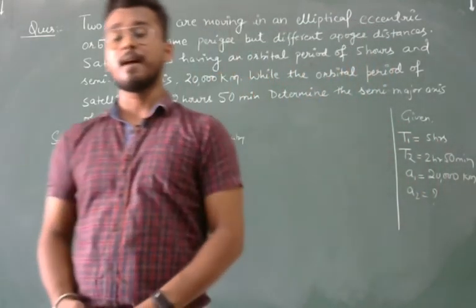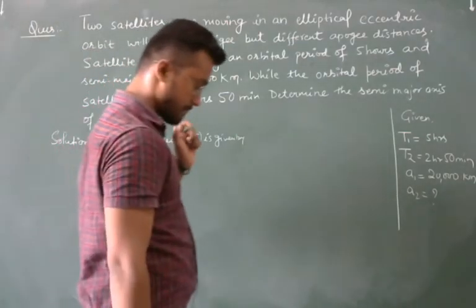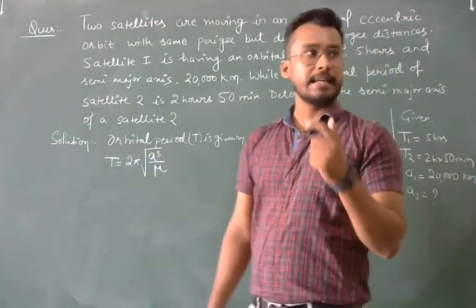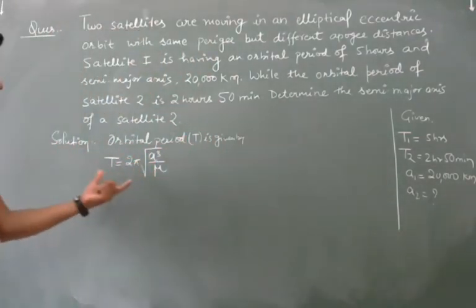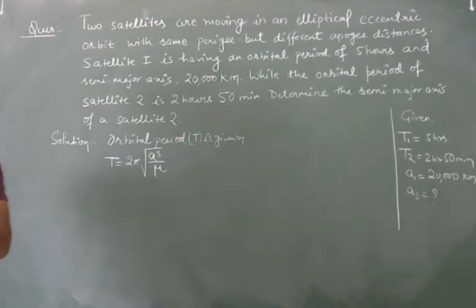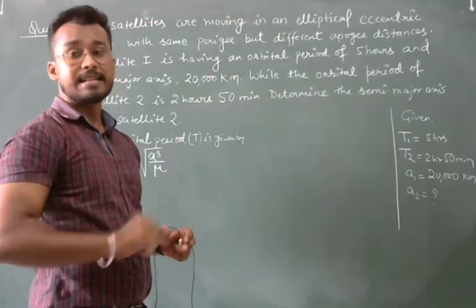We have used this formula, and in our previous session we have solved it. In this relationship we can come to know that T represents the orbital time period, and A is the semi-major axis. So this is the general formula, for the orbital time period of a single satellite.